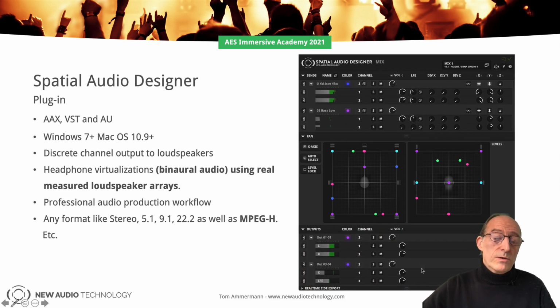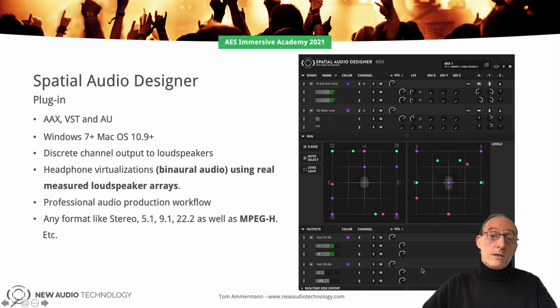So here I'd like to introduce our plugin, the Spatial Audio Designer. It is based on the technology we started to develop in 2010, and which was used in 2011 for the first 3D movie ever by Lucasfilm. It was Red Tails, mixed in Auro 3D using the first version of the Spatial Audio Designer plugin. Of course, it's available for all the interfaces, you know, the AAX,